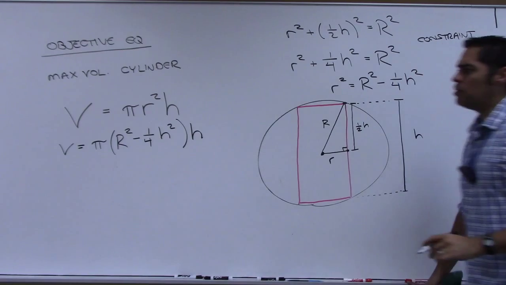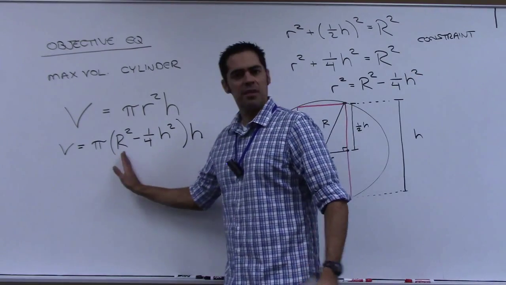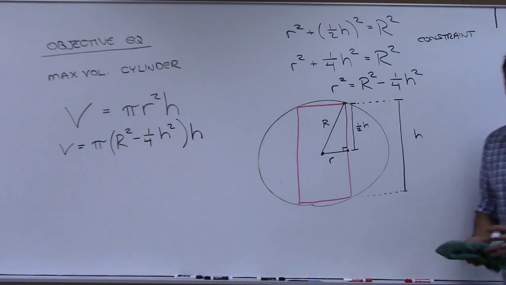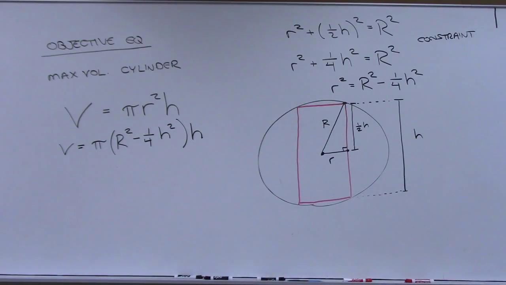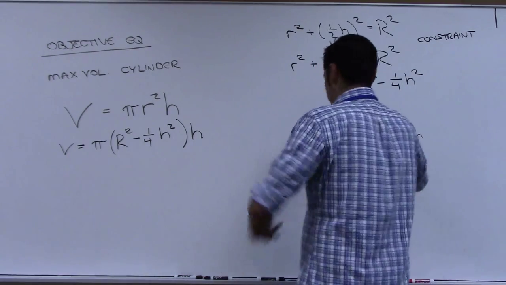Now, is this volume now a function of a single variable? Yes, because capital R is a constant, right? It's fixed. So is that V of x now? We're going to say V of h. V of h. Everyone with me? All right, so V of h